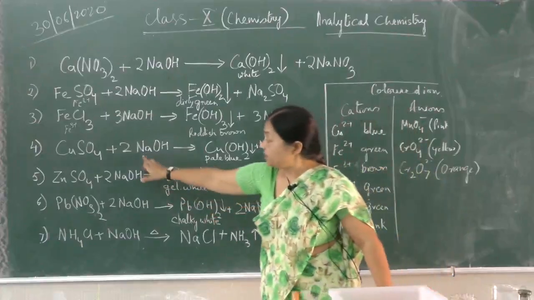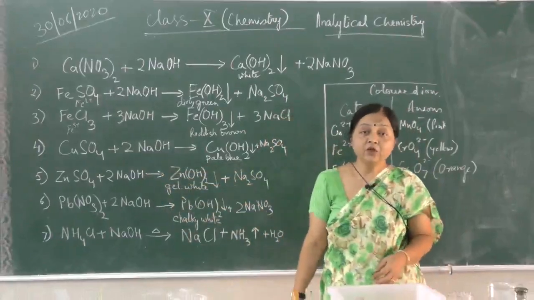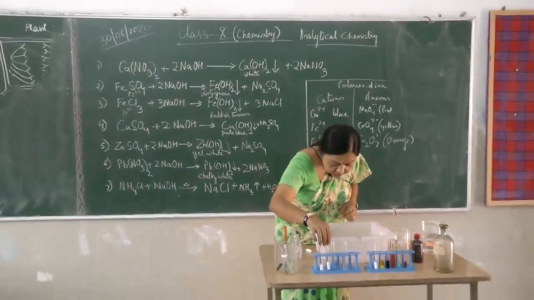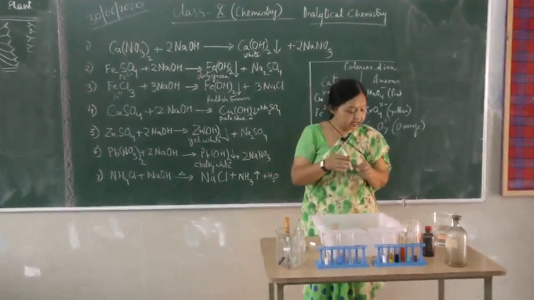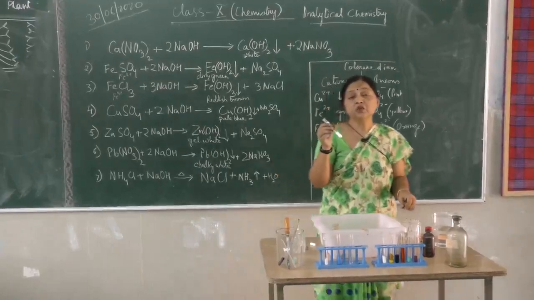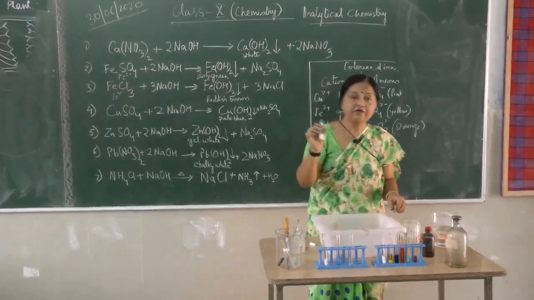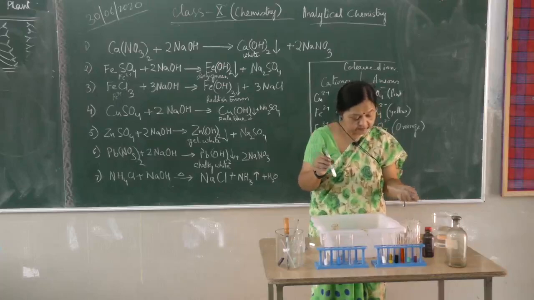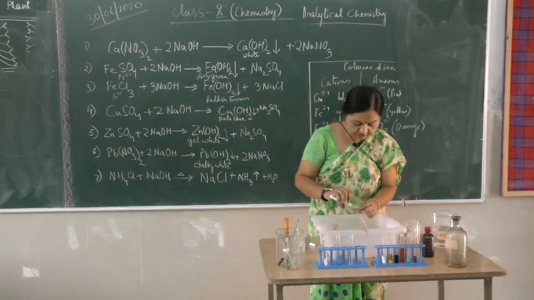After copper sulfate is zinc, Zn2+ ions. Let's see a Zn2+ ion, zinc sulfate. Okay, so let me take, this is white: zinc, magnesium, aluminium, sodium, potassium, ammonium, these are all white in color, all salts are white in color. So we take a small amount of